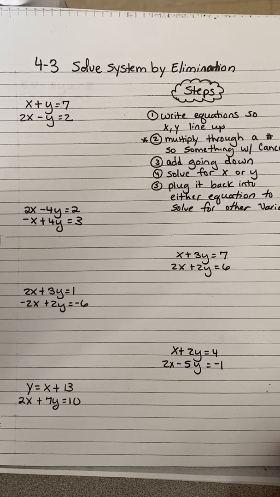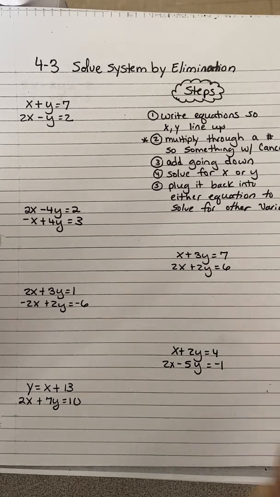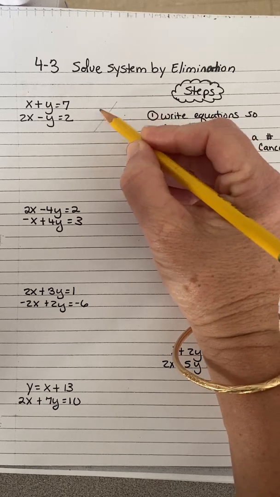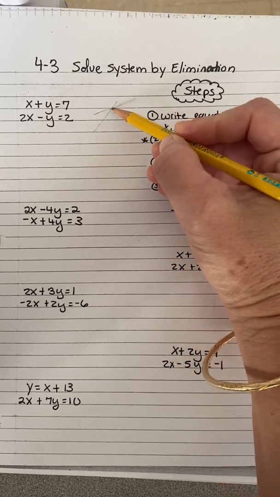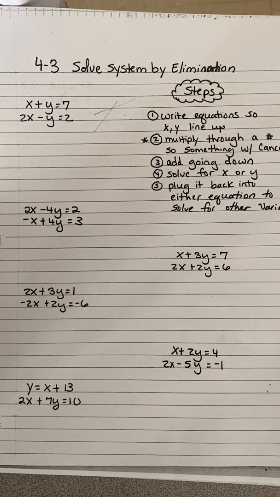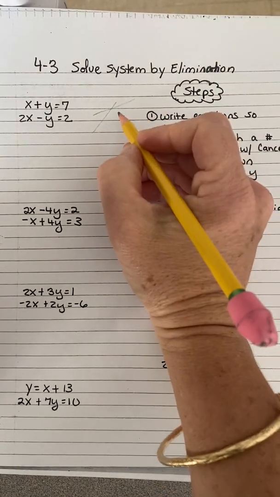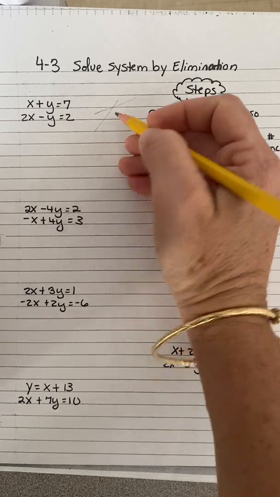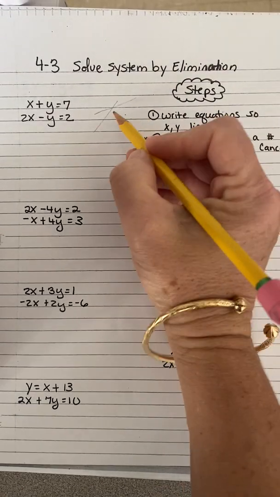So we have solved a system by graphing, and if you remember, we had two lines and they usually intersected somewhere, and that's the point we care about. We care about where they intersect. So your solution to a system, because usually it will say solve the system, is going to be that point